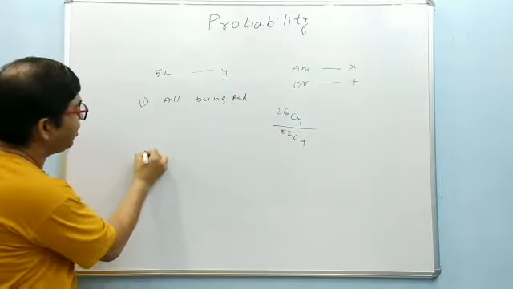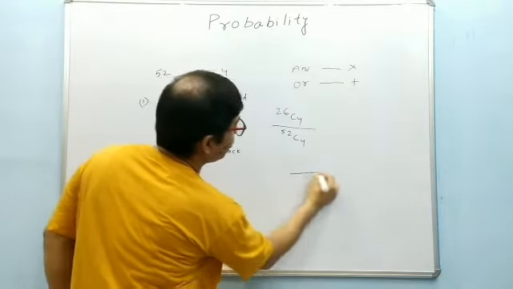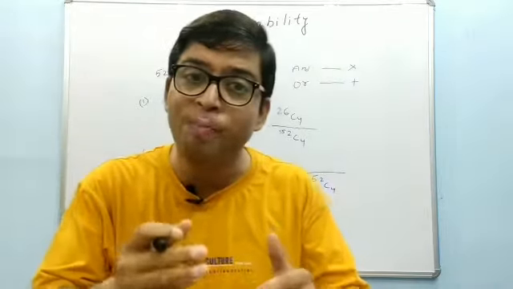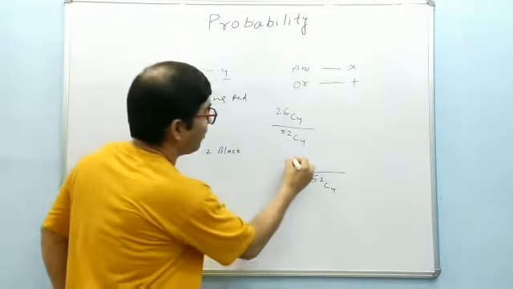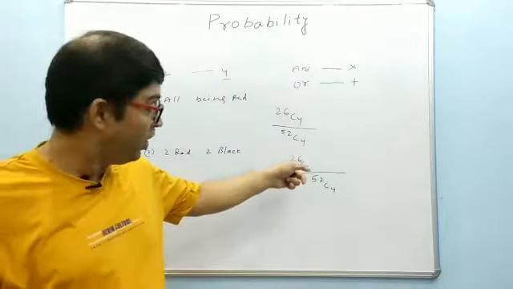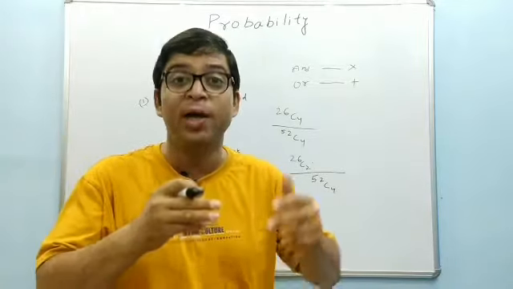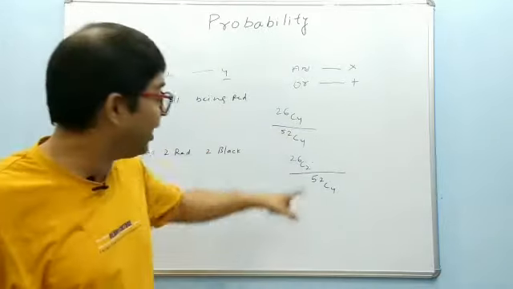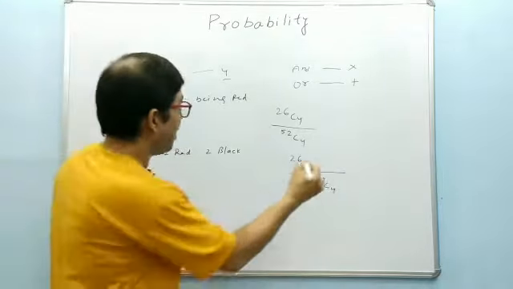Suppose I have to find 2 red, 2 black. Total outcome is not going to change. That is remaining 52C4. Not a problem. Now 2 red "and" 2 black, so "into" is here. 2 red means 26C2, and so into, because "and" is there, the work is not complete. Unless the work is complete, you have to just keep on multiplying, because 4 cards have not been selected. Only 2 have been selected. Once the 4 cards are selected, the work is over. And 2 black,